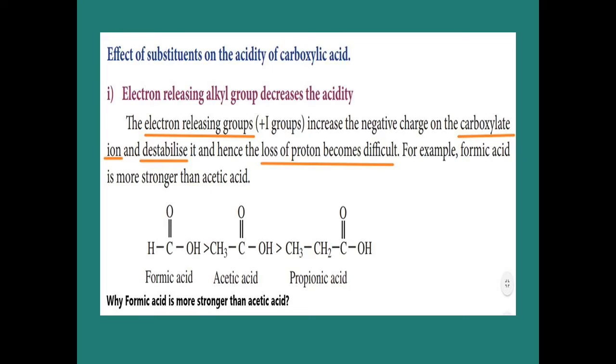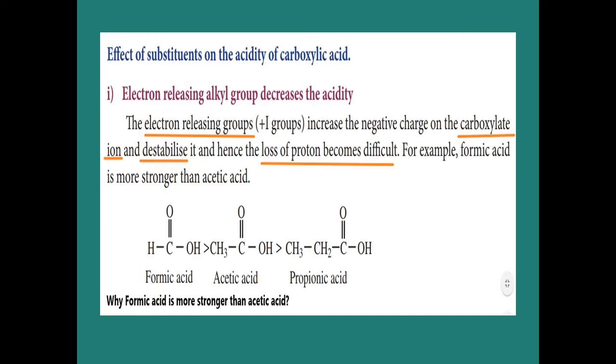Effect of substitution on acidity of carboxylic acid. First, electron releasing alkyl group decreases the acidity. How? The electron means negative character. Electron releasing means negative charge is released. That negative charge goes to the carboxylate ion, so that the carboxylate ion is destabilized, so that it never leaves the